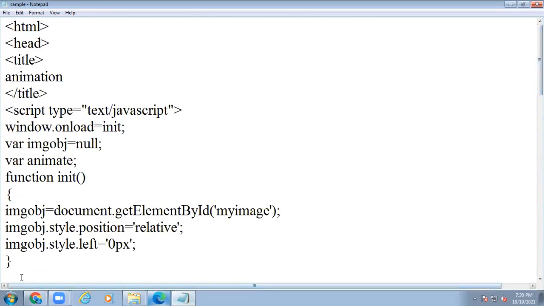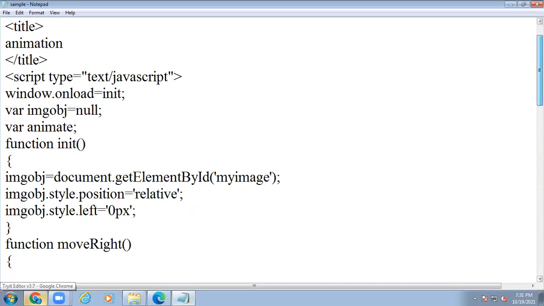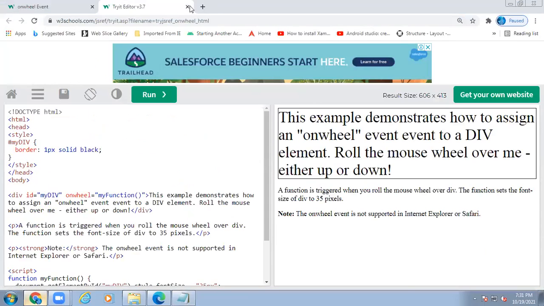Now, in today's class, we will discuss how to embed a particular video into the web page.